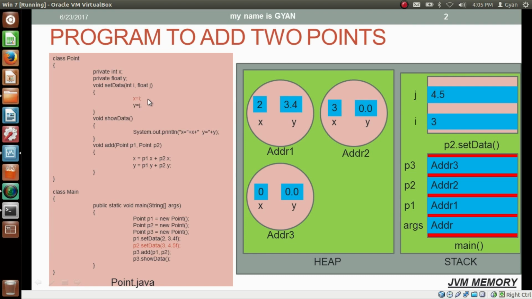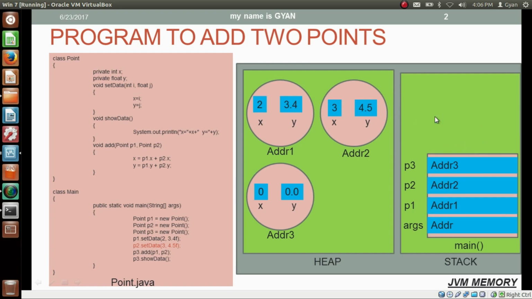In the next line, we need to assign whatever is stored into the local variable j to the instance variable y. And again, at this time, the instance variable y belongs to an object whose address is stored into the reference variable p2, since the reference variable p2 has called the method. That's how the instance variables of these two objects whose addresses are stored into the reference variables p1 and p2 have changed. After this statement, the execution of setData comes to an end, and the stack frame of the method setData has been erased from the stack. The method main resumes itself.